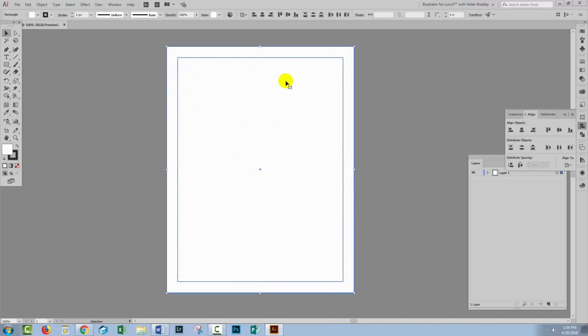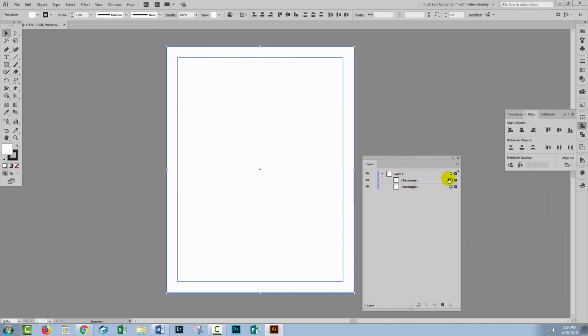We're going to select both rectangles, the inner one and the outer one. So if we look in the layers palette here, both of them are selected. The smaller one is on top, so I'll click from the Pathfinder palette here on minus front. If the smaller one were at the back, then we would choose minus back, but because it's at front, minus front. And that will give us a compound path that is just the area around the very edge of the